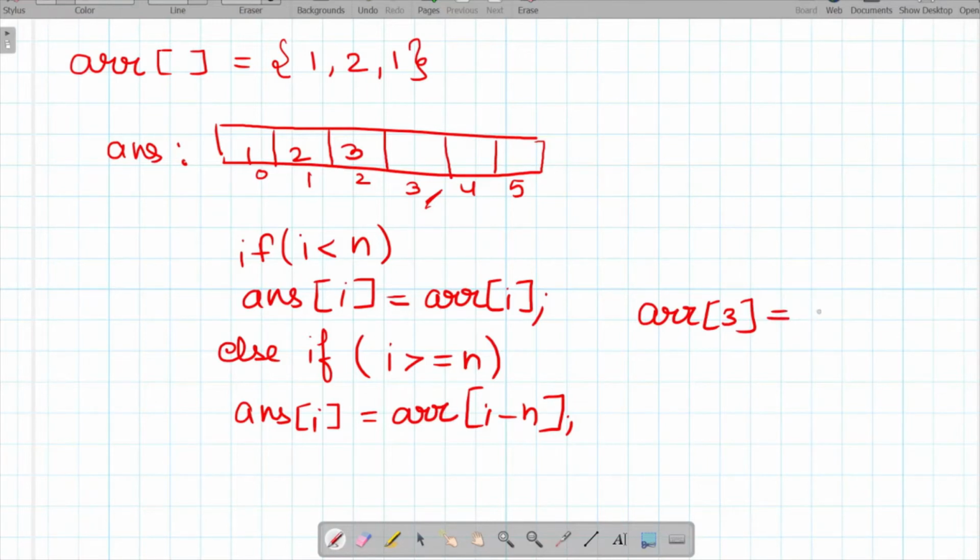Currently our i is 3, so 3 minus 3 is 0, which means we will enter array[0] at this place. So automatically whatever our first element was in the given array, we will enter that.